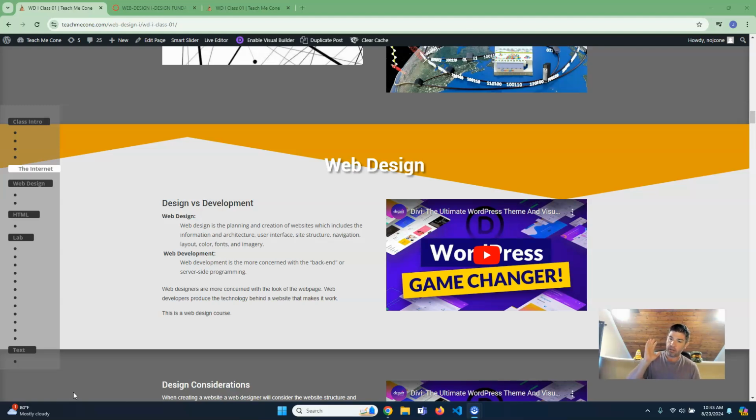Now, this is a web design course. We do actually have a second course that's web development. I forget how exactly it's called, but we get a little bit more into creating some of the back end stuff. But we're going to focus a little bit more on web design. That being said, you do have to know some development in order to design, right? So you have to be able to write HTML and CSS and a little bit of JavaScript to just create the visuals. But we're going to focus more on that end and a little less on the development